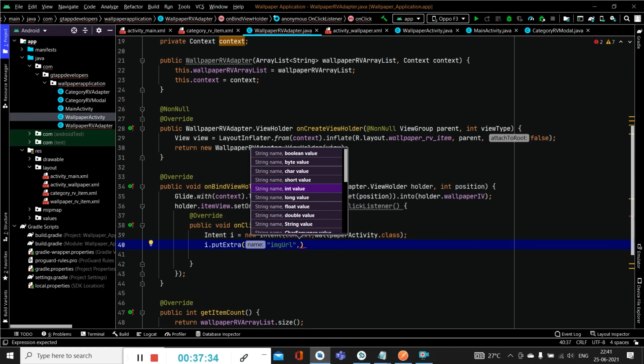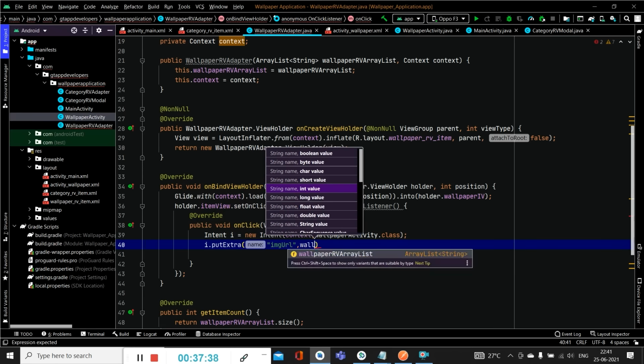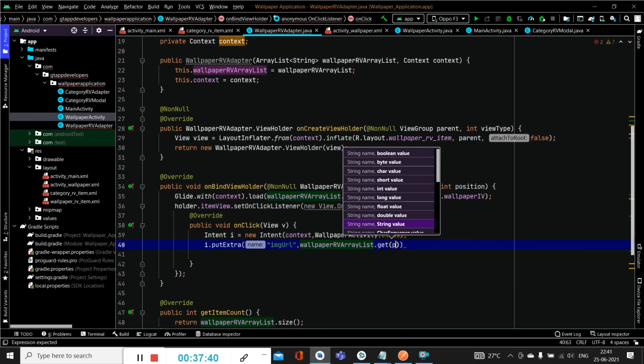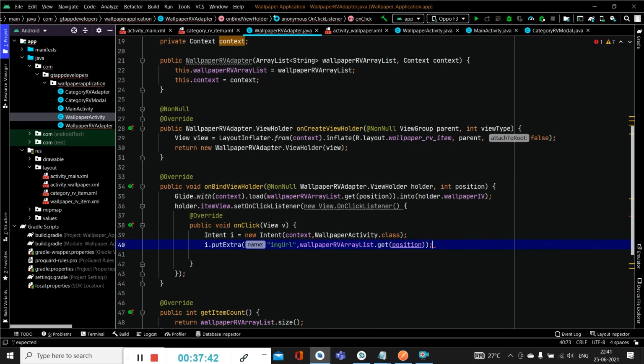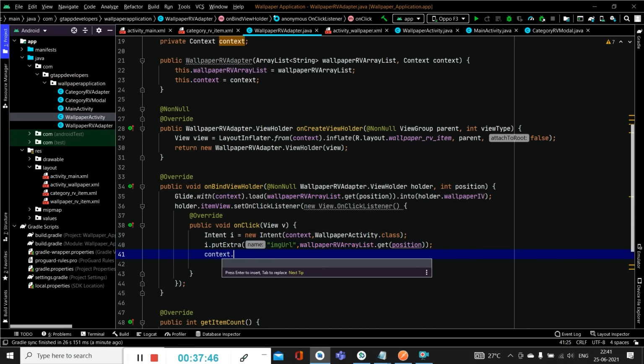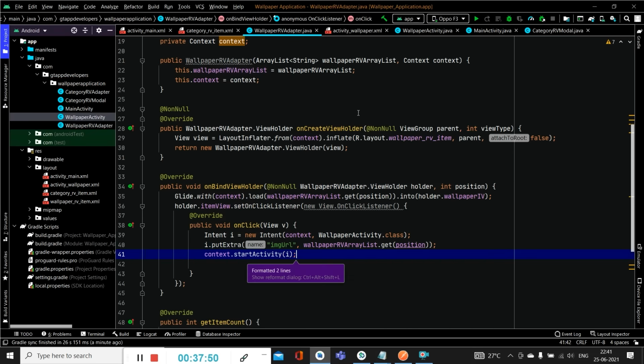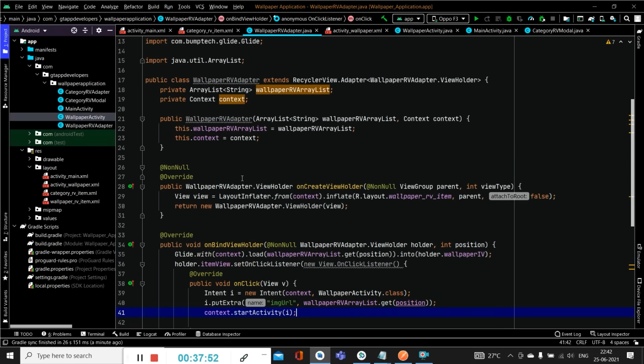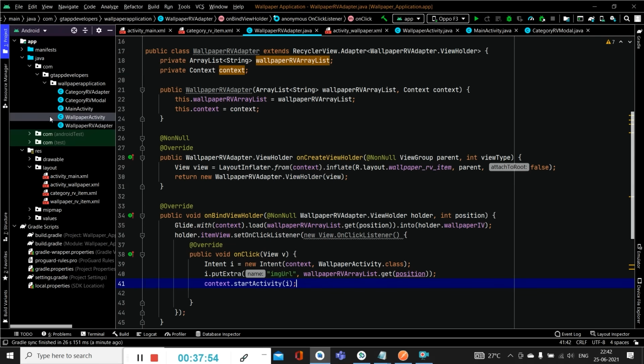That is, we will be simply passing our wallpaper RV list and dot get position. This method will be used to pass the image URL, and then we will simply start our activity by calling context dot start activity, and we'll pass our intent as i. So on clicking any of the image views, we'll be opening a new activity, that is wallpaper activity,